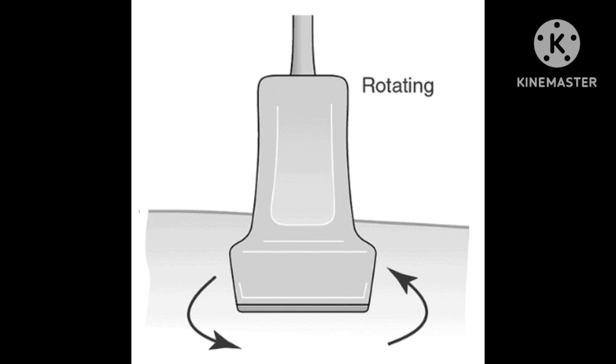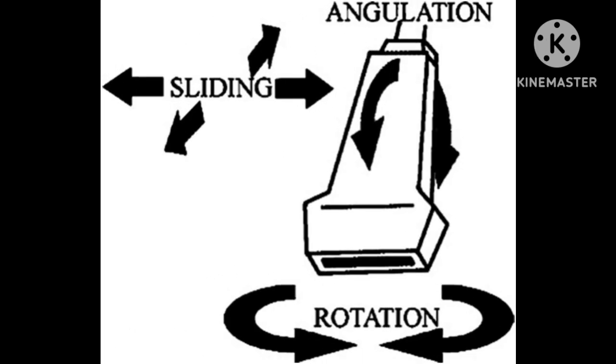Another movement is rotating movement. Rotating may be done in clockwise direction or anti-clockwise direction. But you should know what is the orientation of the image on the screen. If you are starting with longitudinal section of an organ, just anti-clockwise movement of the probe, you can take transverse